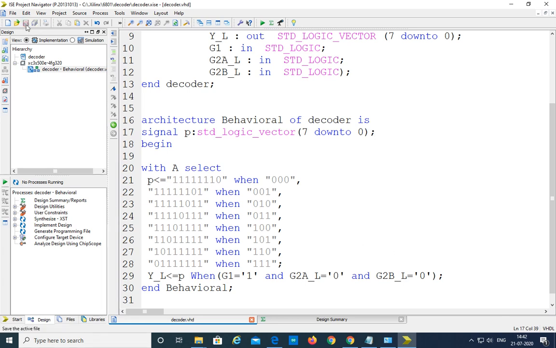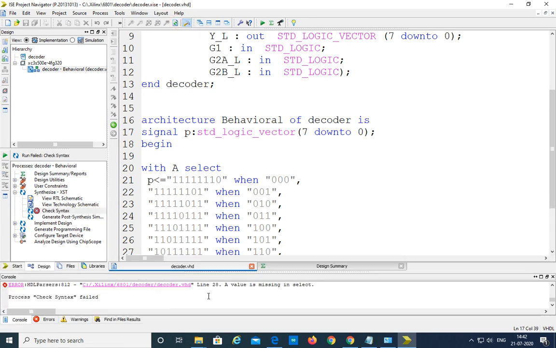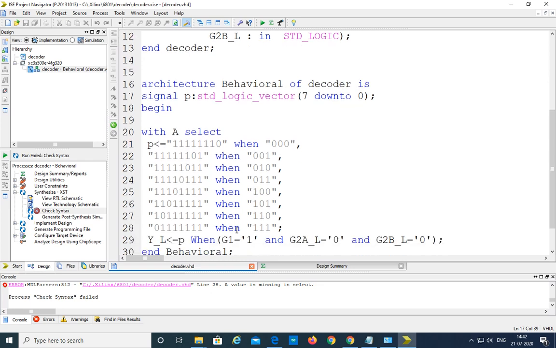Now save this one and check whether any errors are there or not. It is displaying some errors, so click load default layout. Okay, we will write one others also.